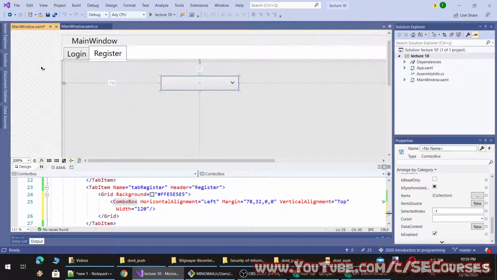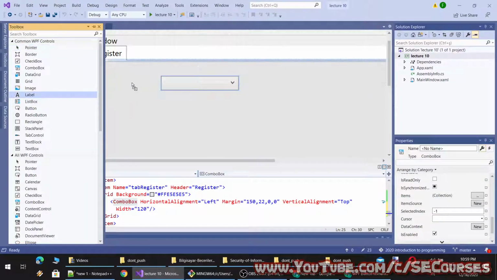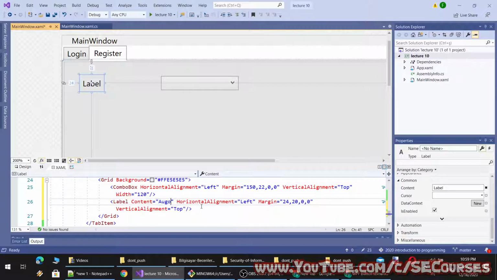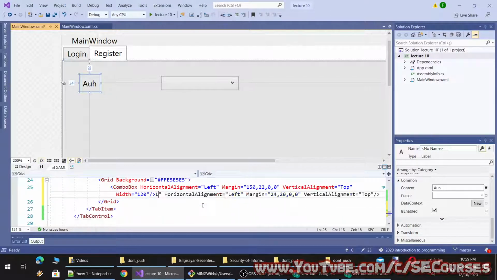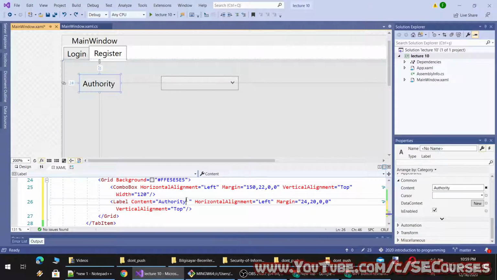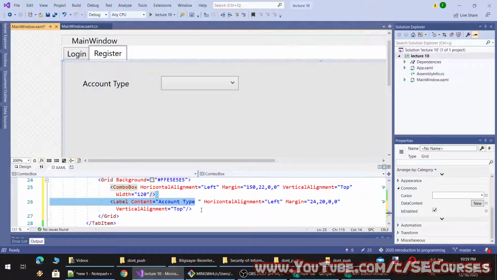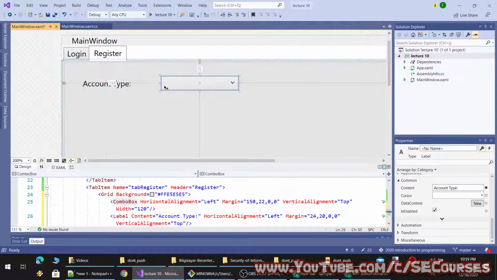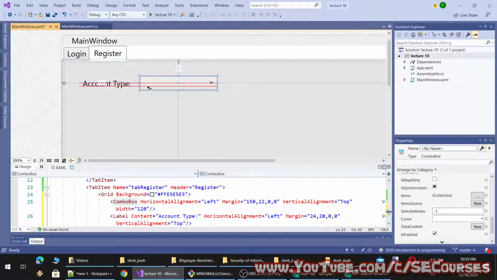So let's name it account type. Okay, so from this combo box, the user will pick their account type.